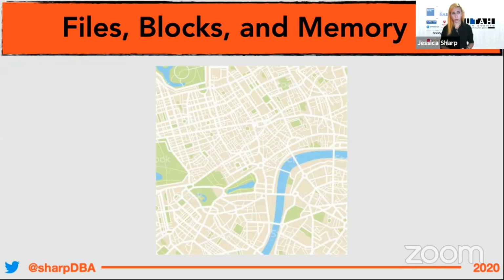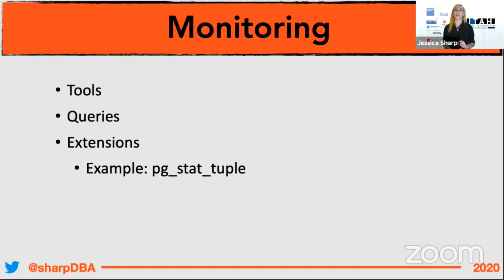Okay, so we're all ready to go. Now we want to start looking at this, because autovacuum is hurting. We've got queries that are going slow. Slow down. You've got to monitor. You've got to set up monitoring. You can use maybe a combination of these things. Well, you're absolutely going to use extensions.